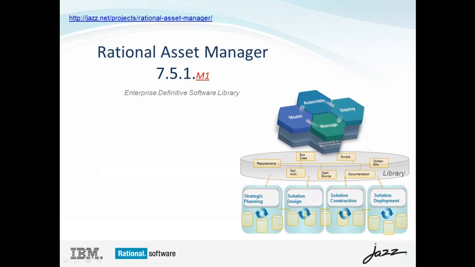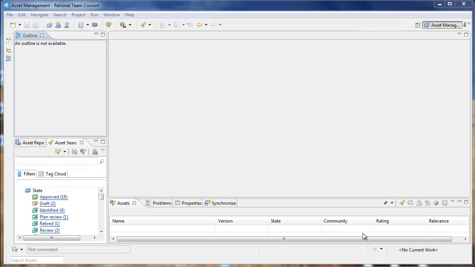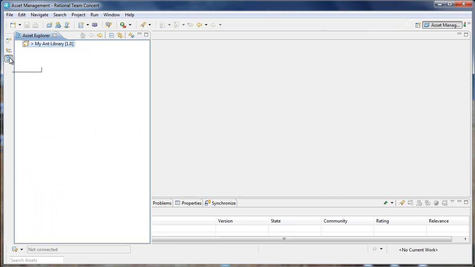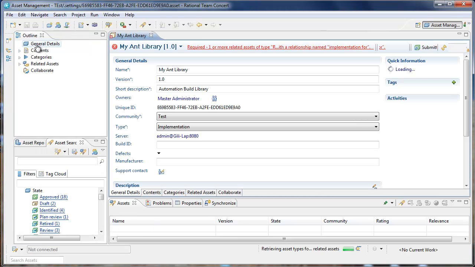This video snippet provides a quick showcase of a few of the usability line items that we implemented for Milestone 1 RAM 751. The first one I'd like to showcase is the relationship section in the asset packaging editor on